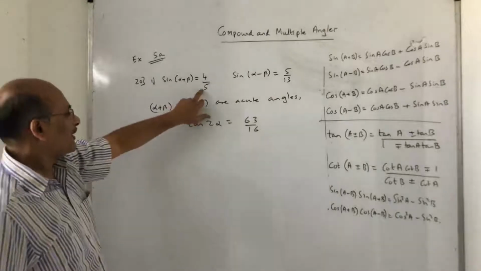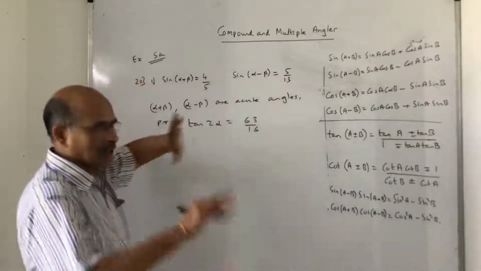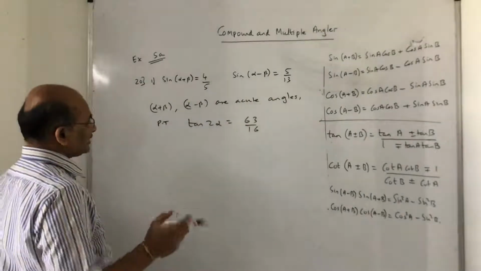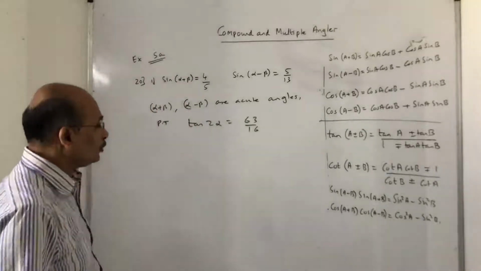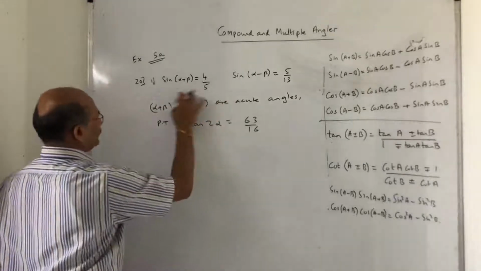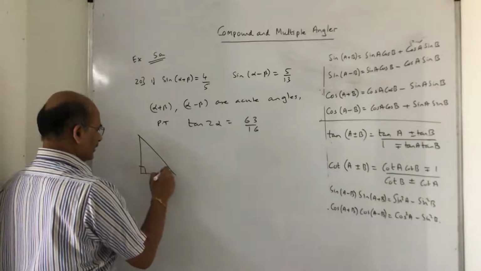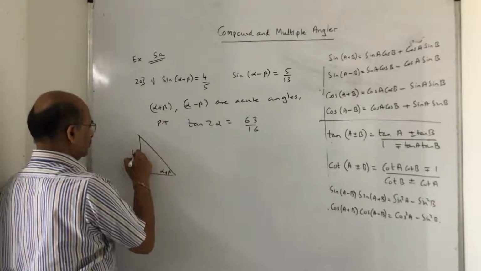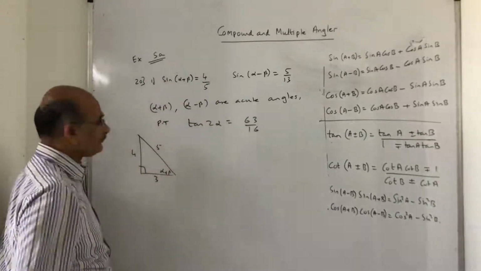Now these are Pythagorean triplets, so I have no issue. So you have to take alpha plus beta and alpha minus beta as parts of two different triangles. Now they are asking us to find tan 2 alpha, that tan 2 alpha is equal to 63 upon 16. The first thing I want to share with you. Now if I draw a right angle triangle for this part, I can see this alpha plus beta because it is an acute angle. This is 4, this is 5. Opposite upon hypotenuse, this will become 3.